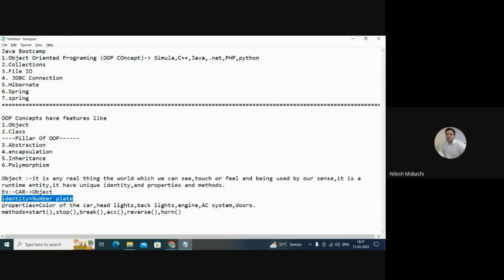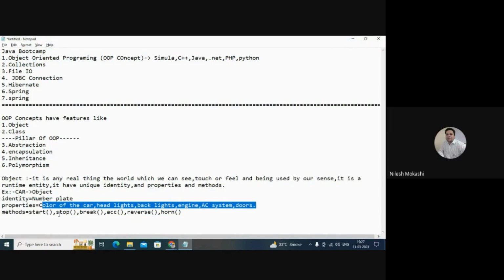Properties mean what that particular object belongs to. So that object has many properties, and all these things make your car, like the color of the car, headlights, backlights, engine, AC system, doors. These are called properties of the object.